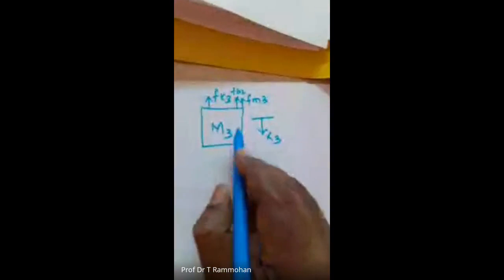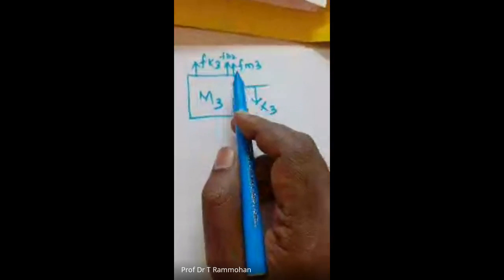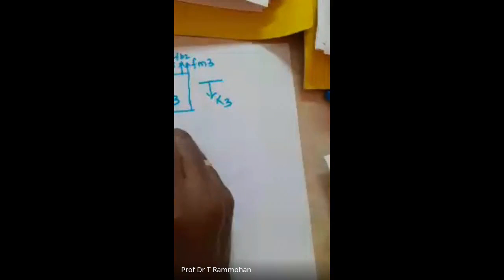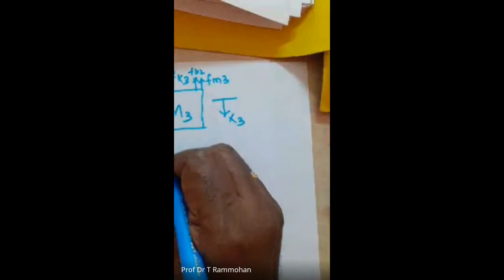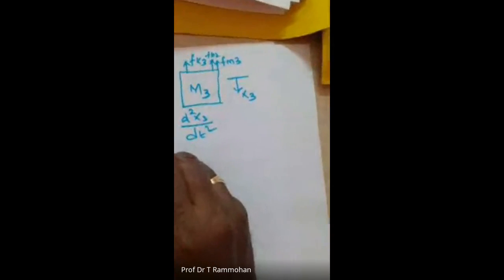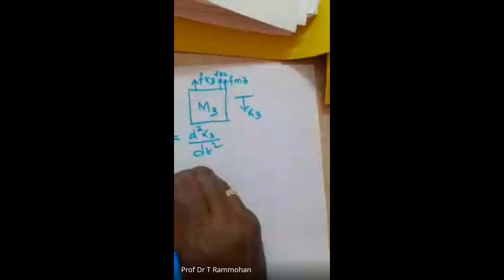The mass itself will give an opposing force. If there is a displacement, the mass itself will give an opposing force. So that is the FM3, M3 into d square X3 by dt square. Fk3 equal to